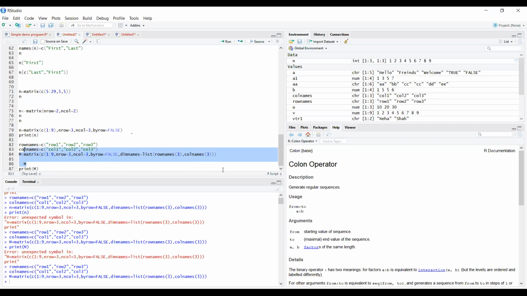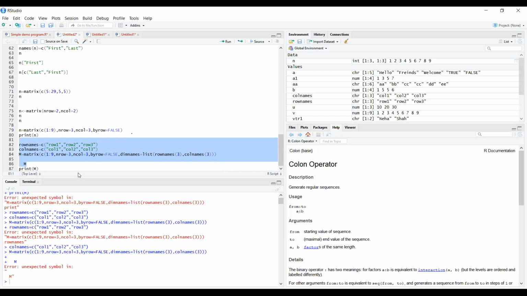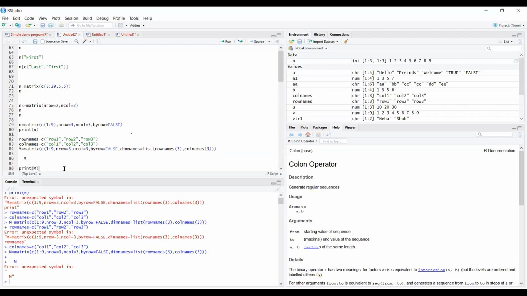I think some sort of error is occurring. I will come back to this part and give you the demo later, no doubt about that. So this is all about the matrices.